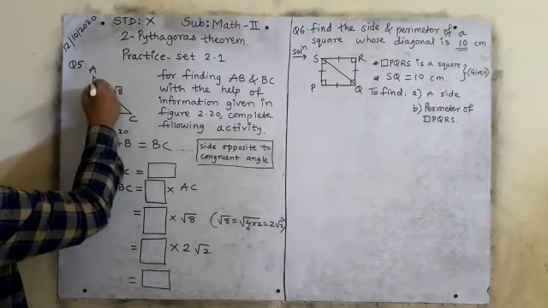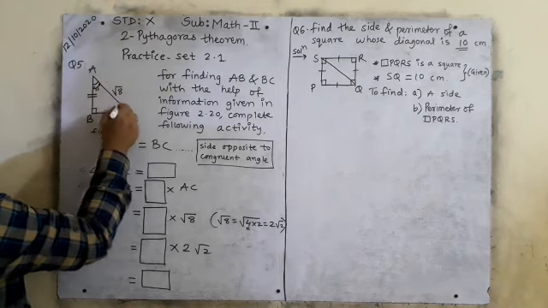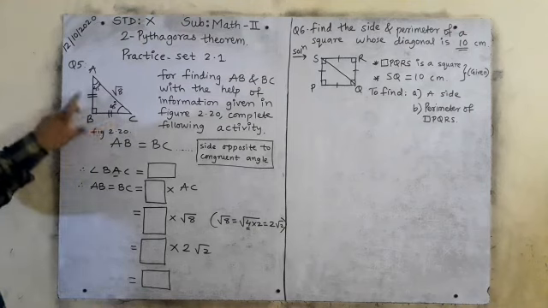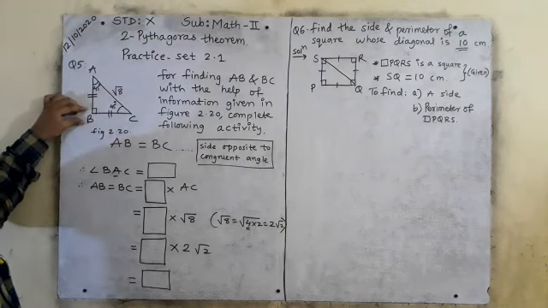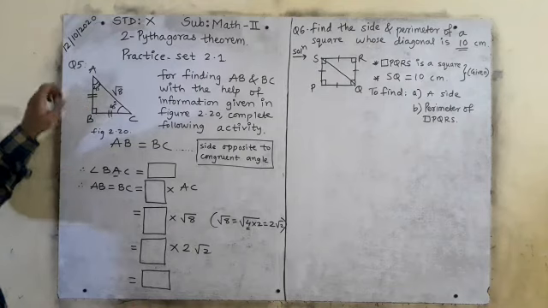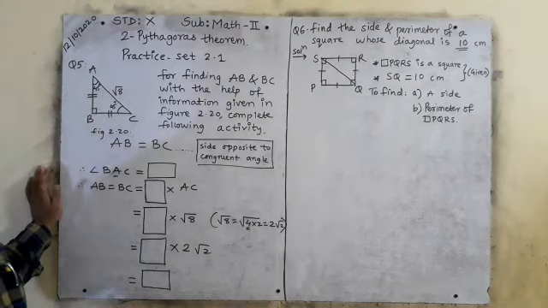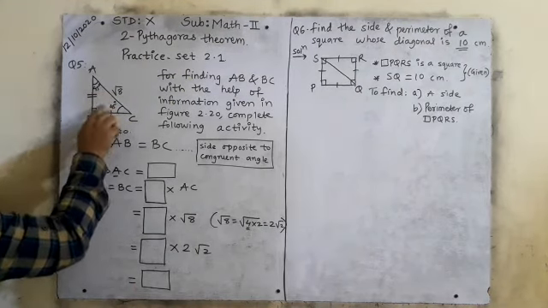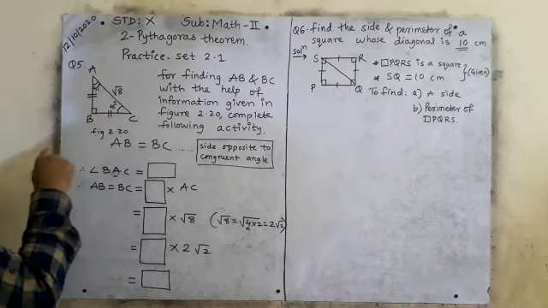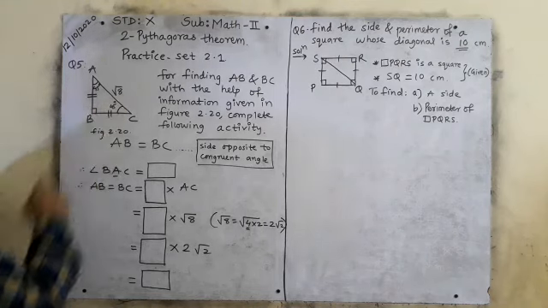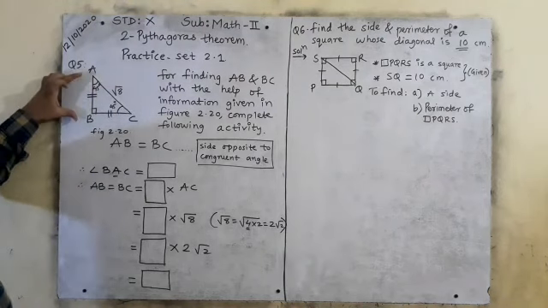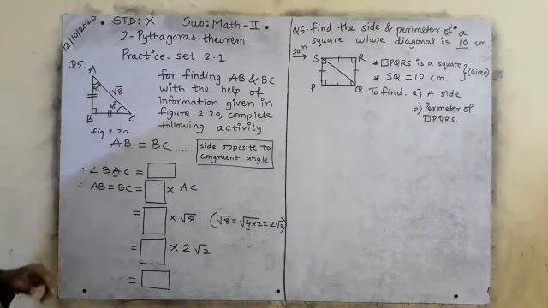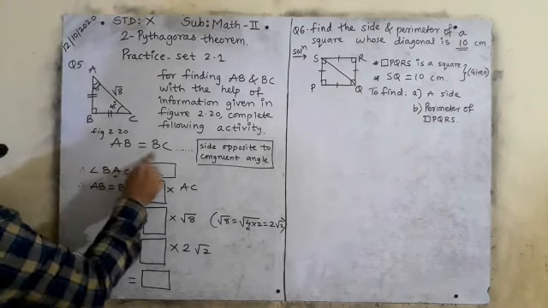So you have to say that this angle A is of 45 degree, so angle C also will be 45 degree. Is it clear? Whenever two sides are congruent and this angle is a 90 degree right angle, you have to say 45, 45, 90 degree. Is it clear? Okay. So what is the property of this? The side opposite the 45 degree angle, BC, will be 1 upon root 2 of its hypotenuse. And the side opposite the 45 degree angle, AB, is also 1 upon root 2 of its hypotenuse. Is it clear?